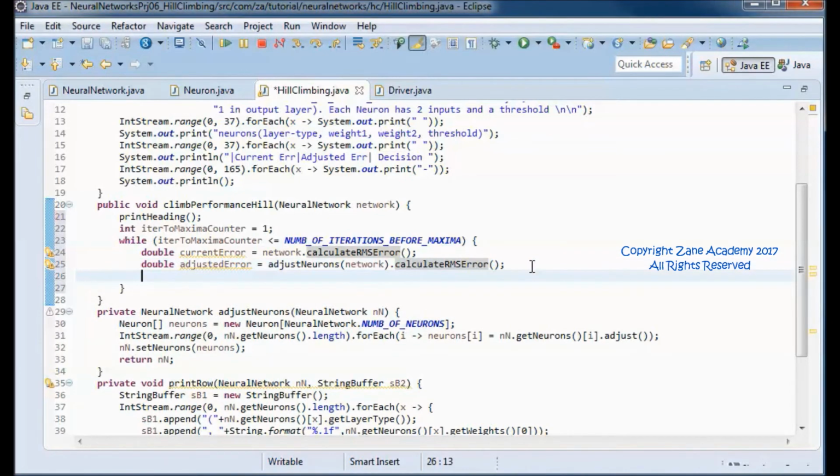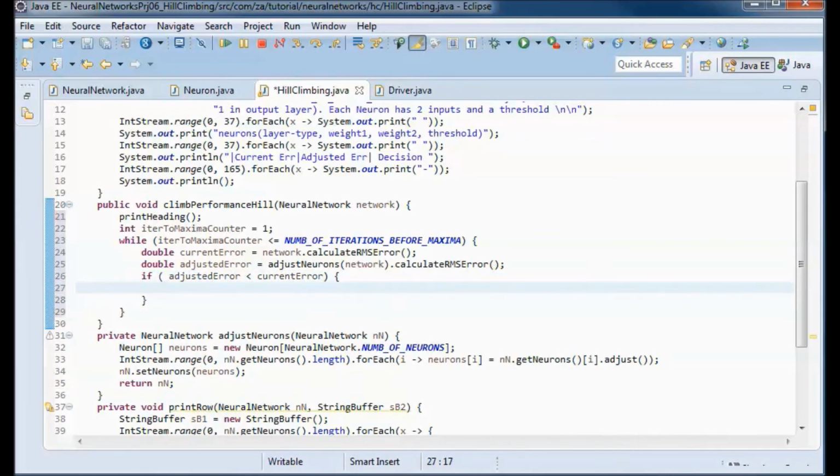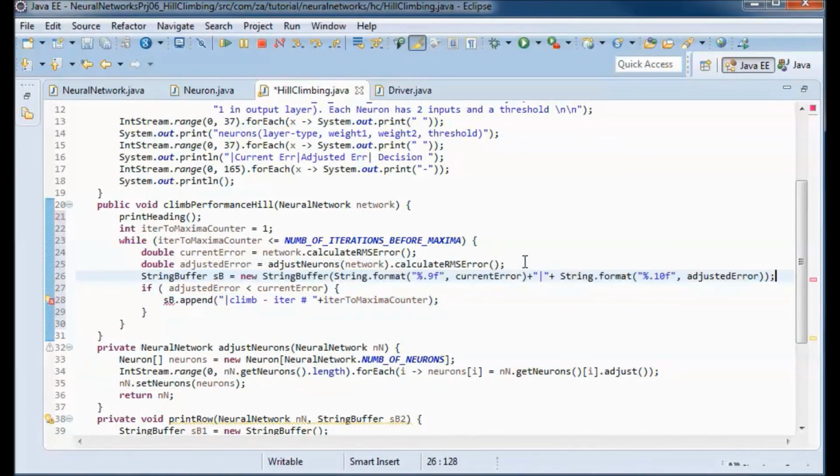And now we have two cases. If the adjusted error is smaller than the current error, so we will be climbing the performance hill. And let's define this string buffer instance containing the current error and the adjusted error.